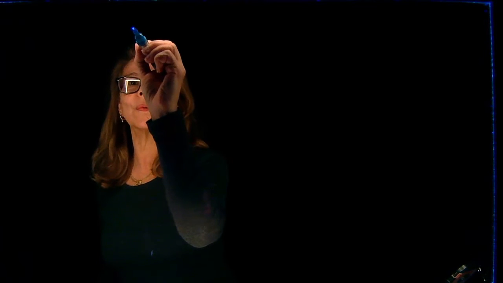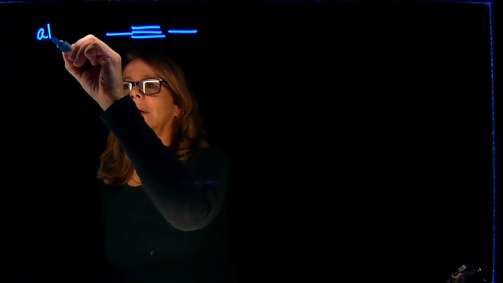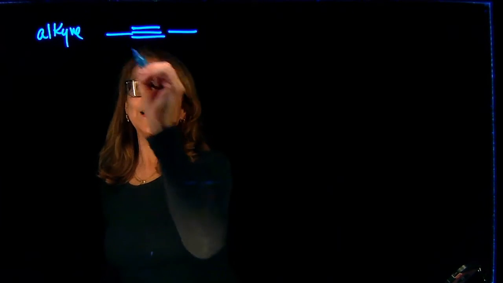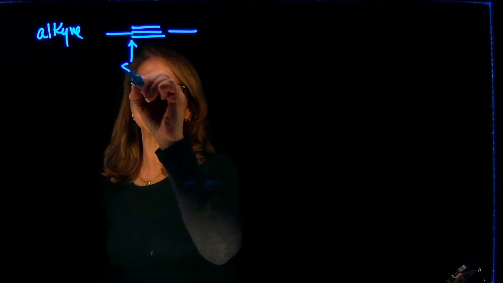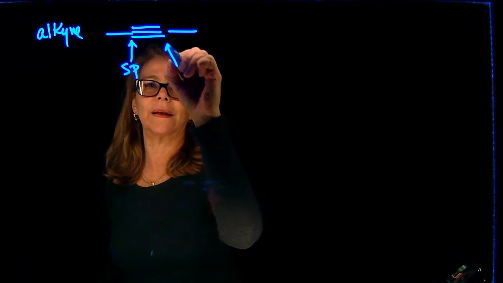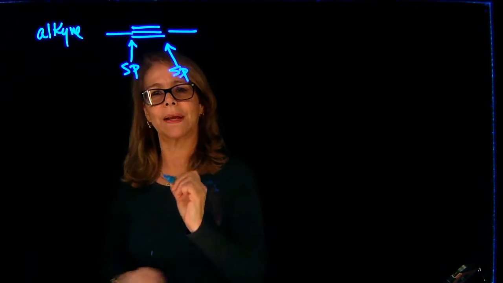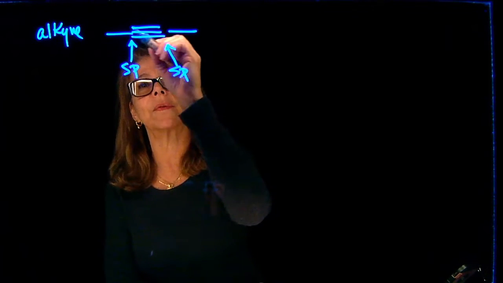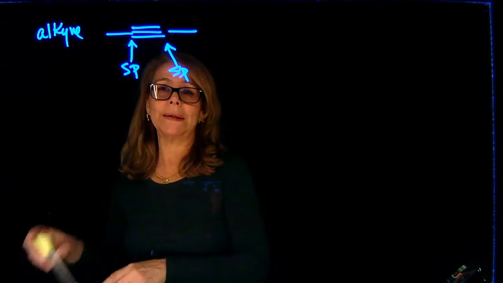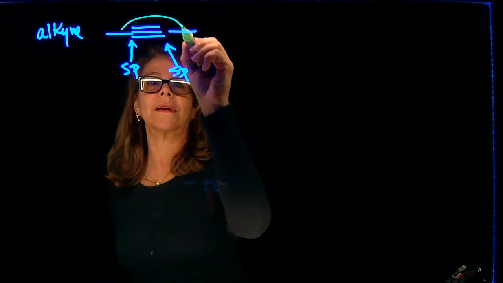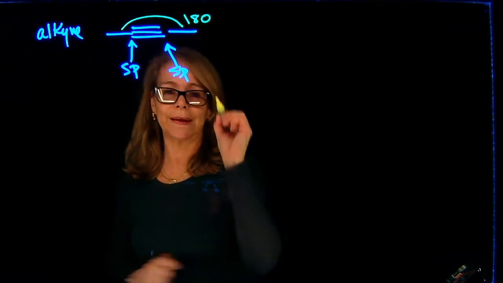Hello, today we're going to be talking about line structures, but we are going to include alkynes this time. So we know alkynes have a triple bond, right? This carbon is sp hybridized, and that is also sp hybridized. Because of that, we need to remember that the bond angle here is 180, and that will be important when